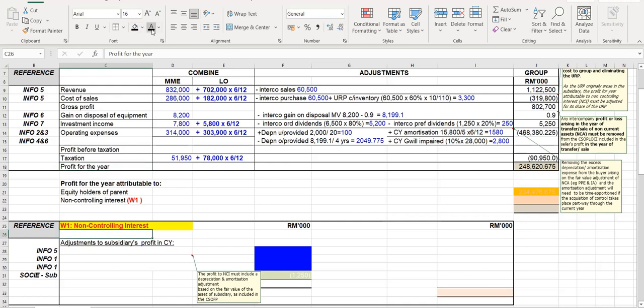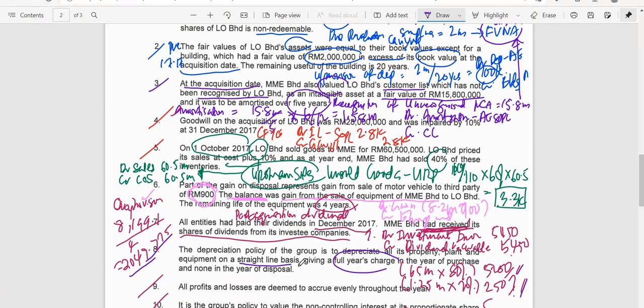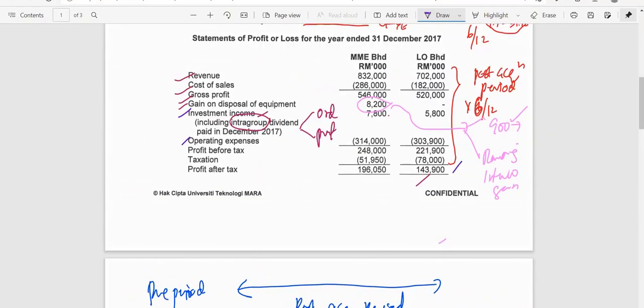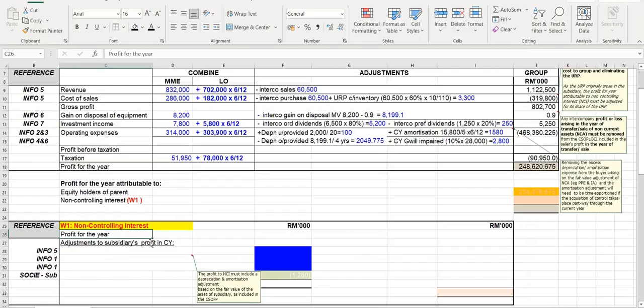This is taken from the question here, the subsidiary's part, and you need to time apportion. Remember the post acquisition period. This is done only for acquisition during the current year. So the post acquisition period was 6 months. We time apportion then. So when we time apportion, what you show is the 6/12 time period, and that will give you